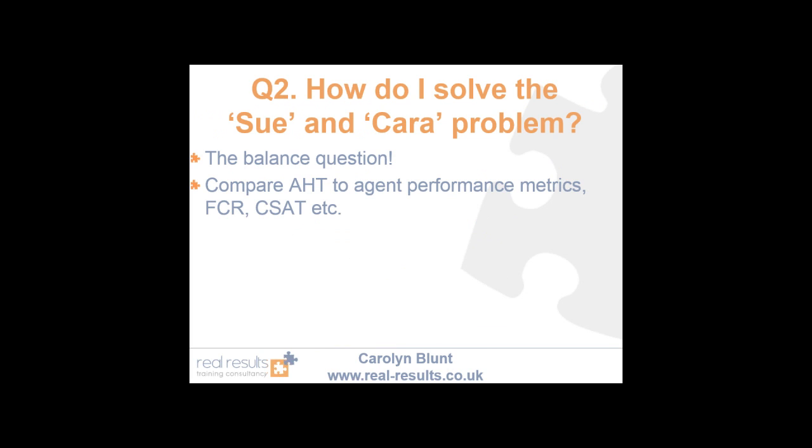So that means your advisors can't hide behind that whole phrase of "I take as long as it takes to make sure the customer is happy." We'll look at the CSAT and decide whether that's working or not. So that's quite important. Thinking about training and communication, so making sure that your advisors know what is the cost